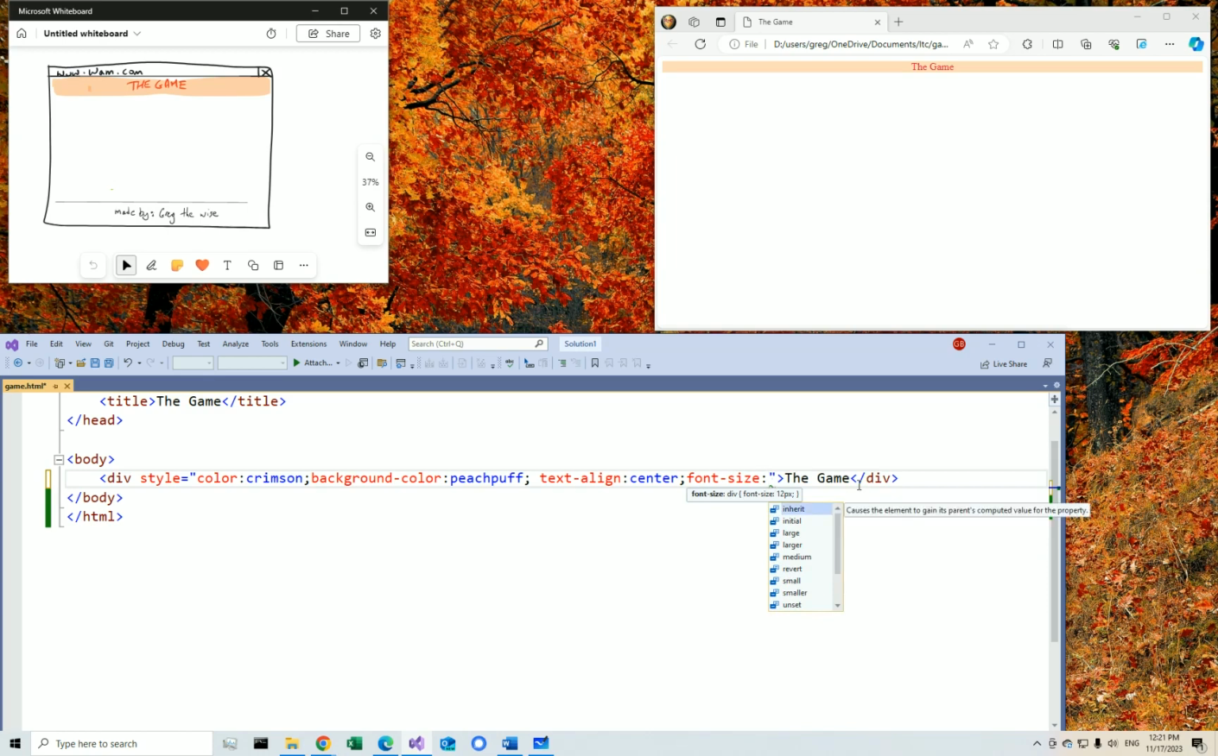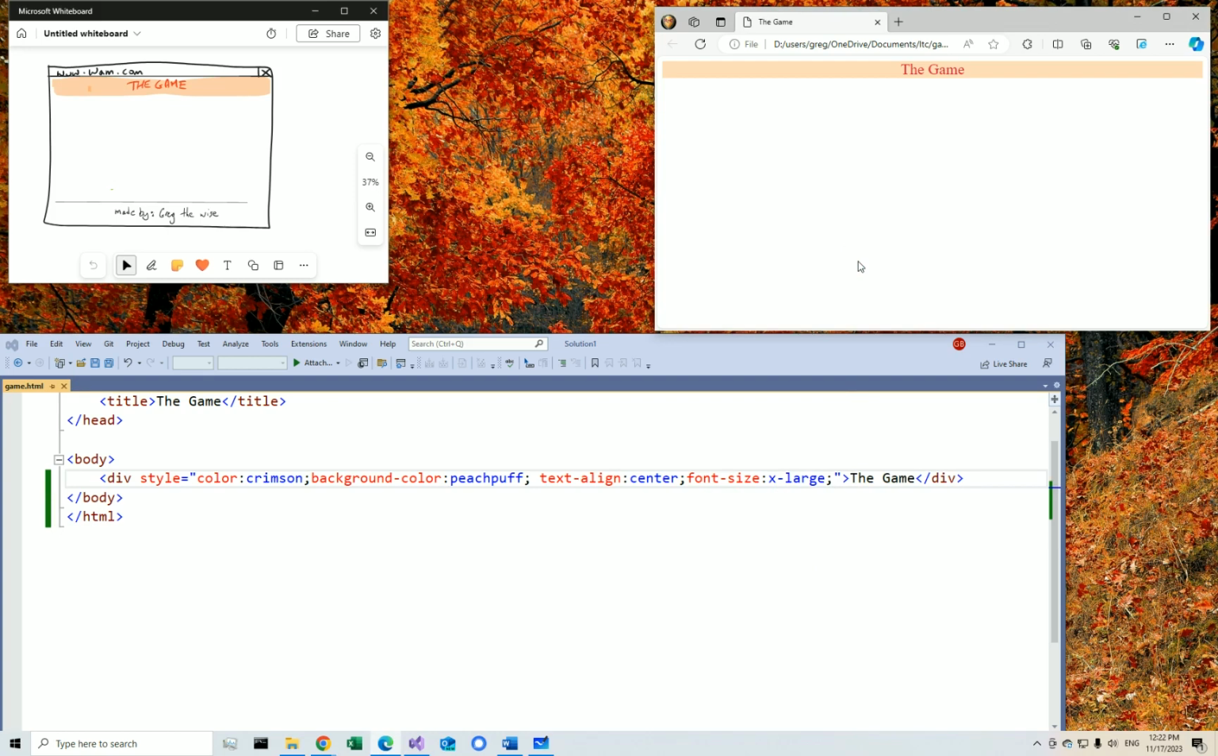Font size, and here you could specify, see, it gives you an example, font size 12 pixels. So if you're using any word processor, you kind of say, it's an 8-point, 12-point font, etc. Well, you can do that, but you can also simply say large or extra large, etc. So one of the things is, for example, extra large. So let's choose that, semicolon to end, refresh, and